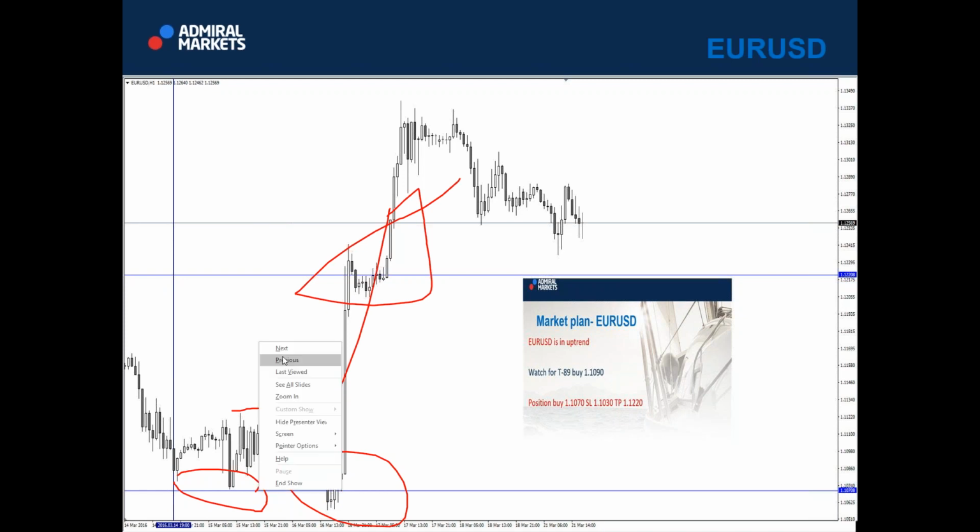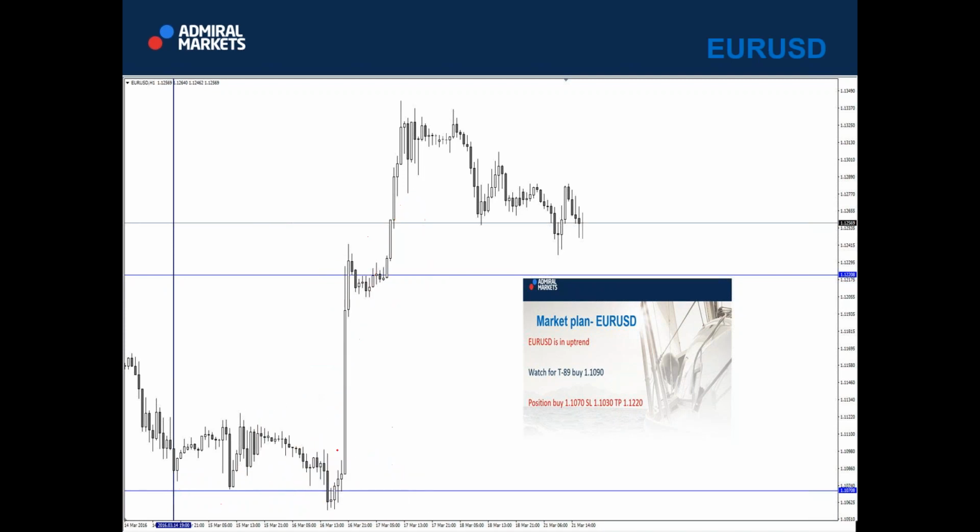So for first trade, we always say the first touches are always the most important one. So the first touch is always the most important one. So this is the first touch of the zone. Also this one. So these are the most important touches of the zone. And yes, it went in a profit. But sometimes your system, the way you trade, can tell you, okay, I want to take another entry. So you can take another entry. But the thing is, the first touch is usually the most profitable one. And that is how I do.